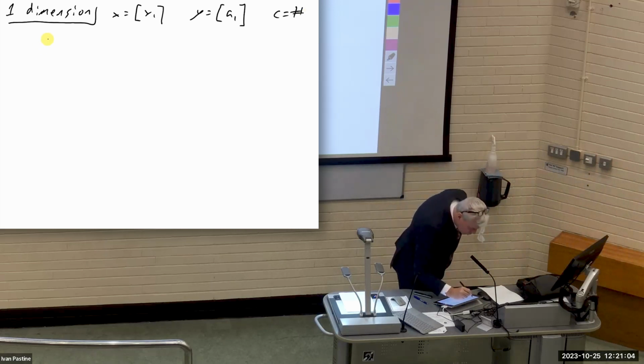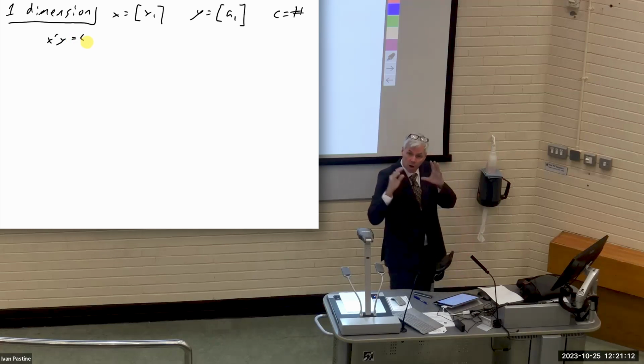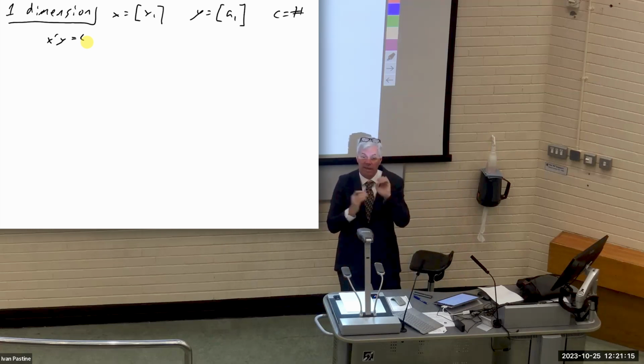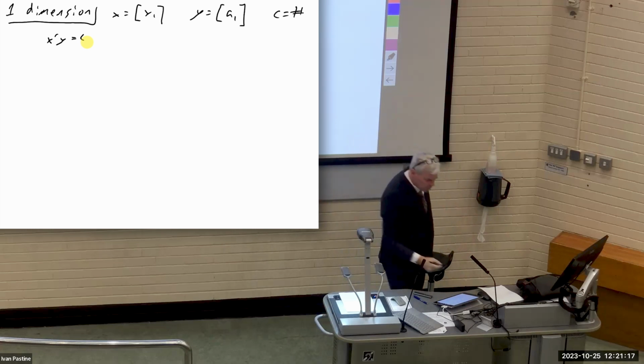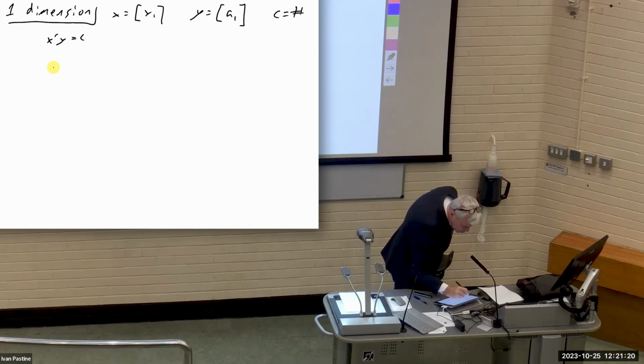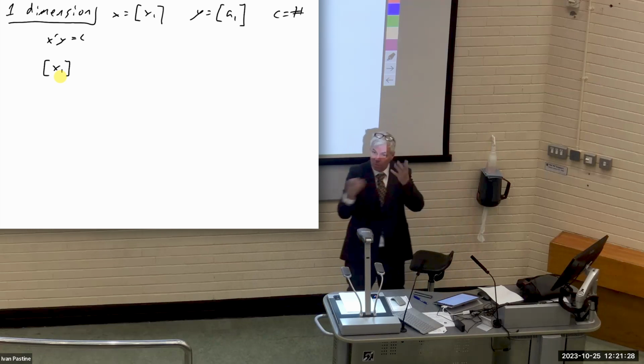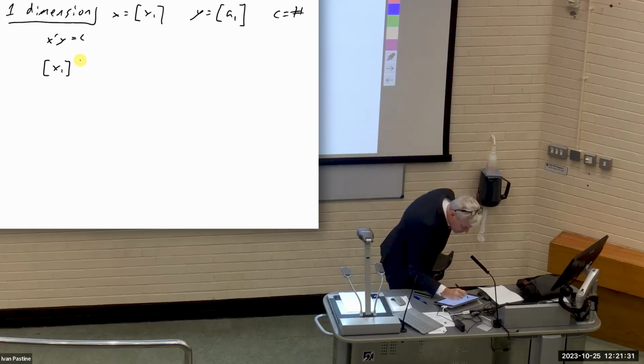And so we're looking for all the x transpose y that are equal to c. Right? That's our hyperplane, any x that satisfies that equation. Okay, so x transpose y. If we flip this on its side, x transpose becomes just x flipped on its side, which is just the same thing because there's only one dimension to it. And that's going to be times a1, and that equals c, and so we get a1 x1 equals c. And that's our hyperplane.